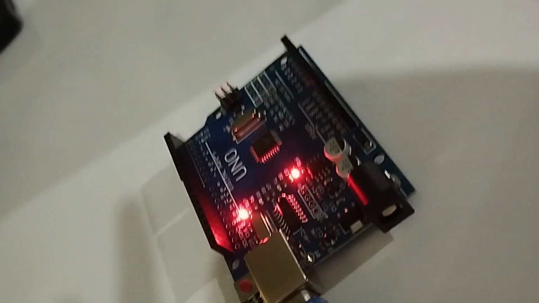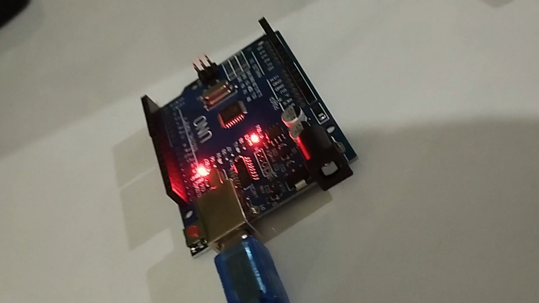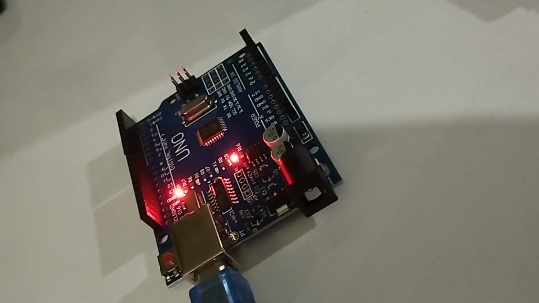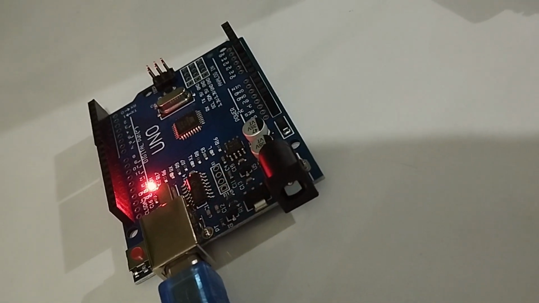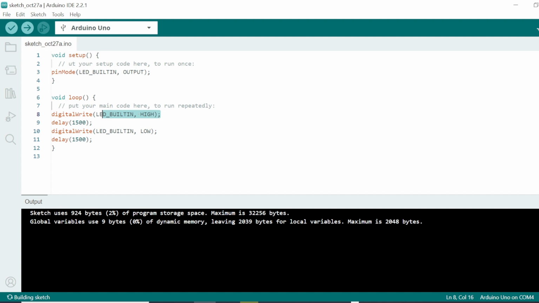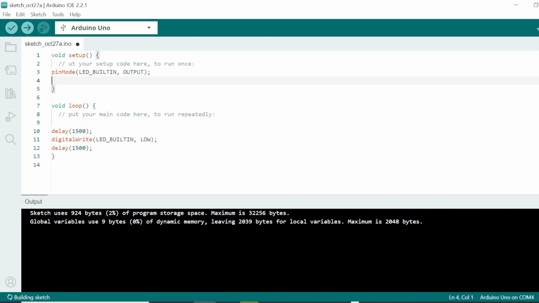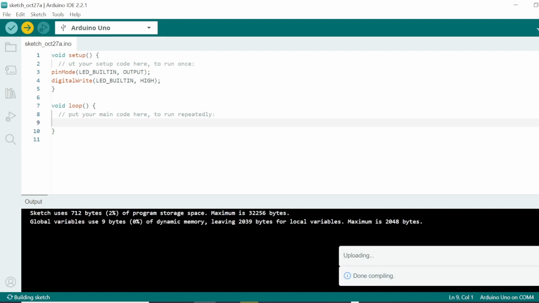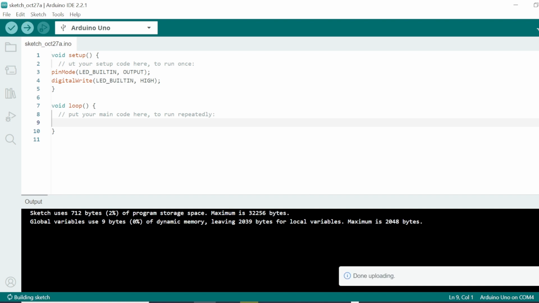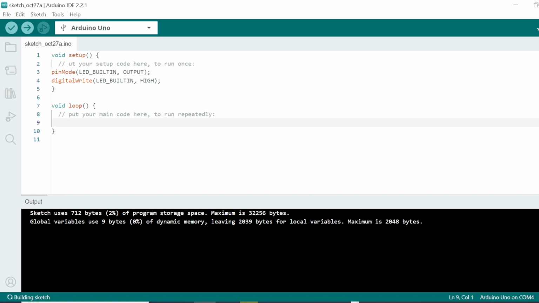Because the logic is in the loop method, the program will not stop, so the light on the Arduino blinks continuously. If, for example, we move the digitalWrite function that turns on the light with the HIGH parameter to the setup method and we don't use the loop method, then when we compile and upload it again, the LED on the Arduino will turn on without turning off because there is no looping process.